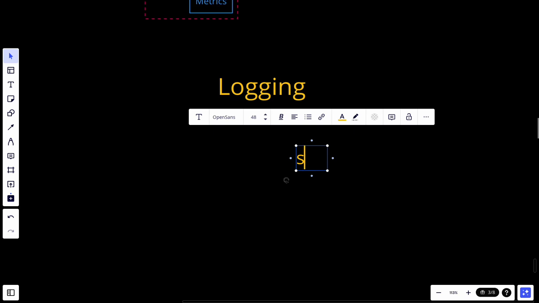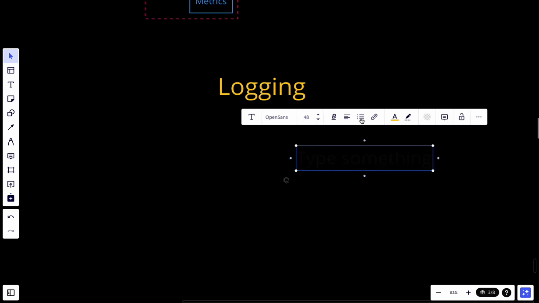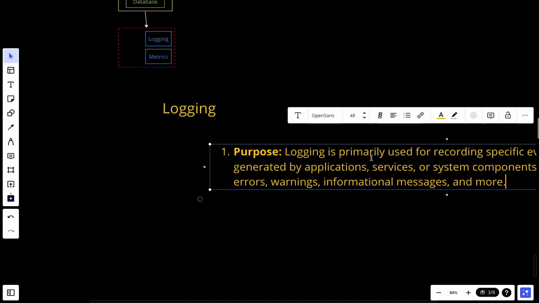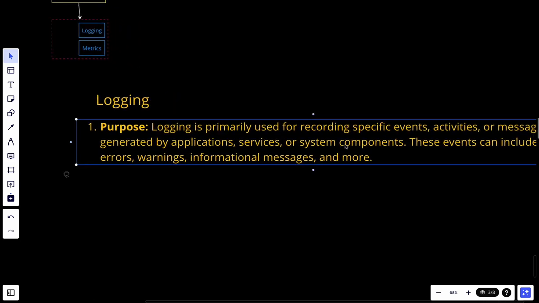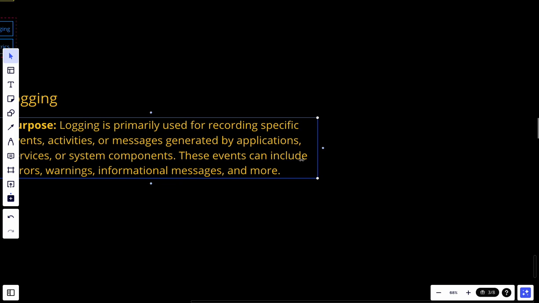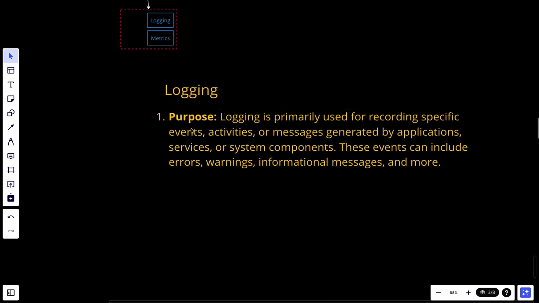Okay, let's talk first about logging, and let's talk about the purpose. The purpose of logging is primarily recording specific events, activities, or messages generated by applications, services, or system components. These events can include errors, warnings, information messages, and more. On the other hand, for metrics,